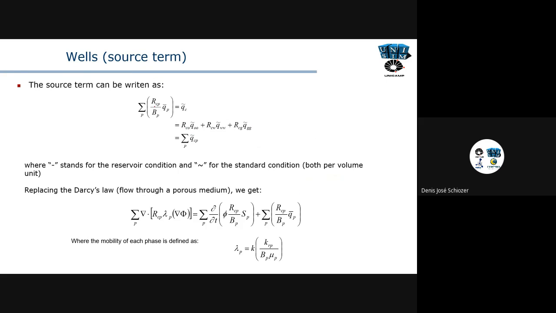In terms of the well, of course, we want to express the well in the same way. So we have the rates of the phase that are producing from the well, and to know how much of the components, we have first to convert to standard conditions divided by B_p, and then multiply by R, which is the solubility of the component in the phase. So for example, if we produce 100 cubic meters of oil, we have an amount of oil and gas dissolved in this oil phase. So we have to multiply by R